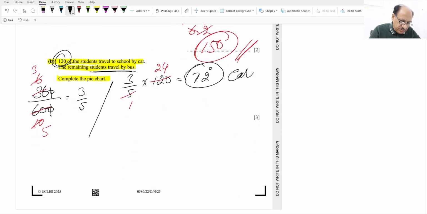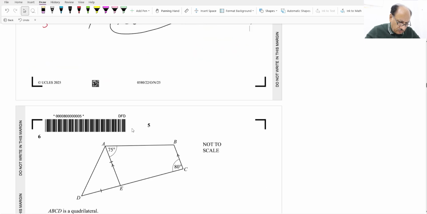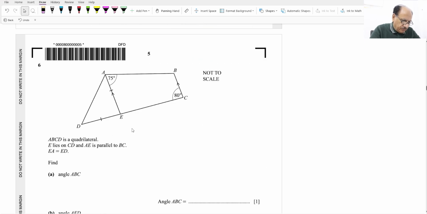And for buses we can write 138 degrees for bus. So this was a 3 mark question which we have done. Hopefully you understand this. Now this is question number 6, and the question says that the diagram is